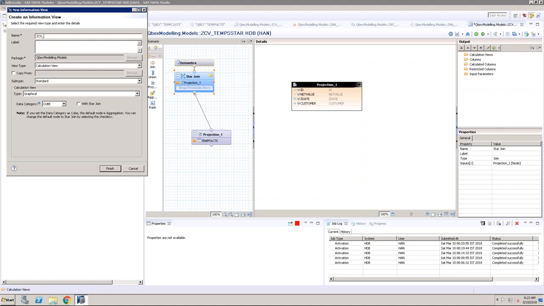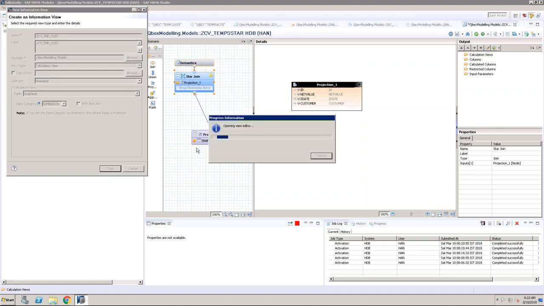Z CV TMP cust. I'll make this a normal dimension like attribute view